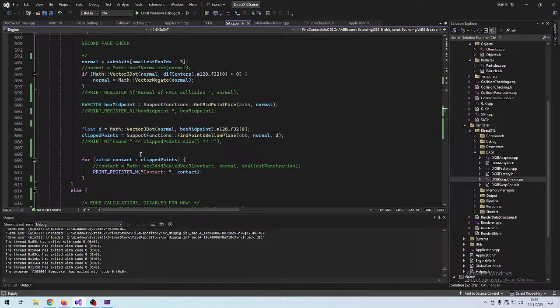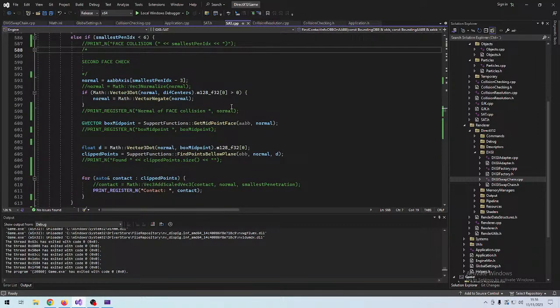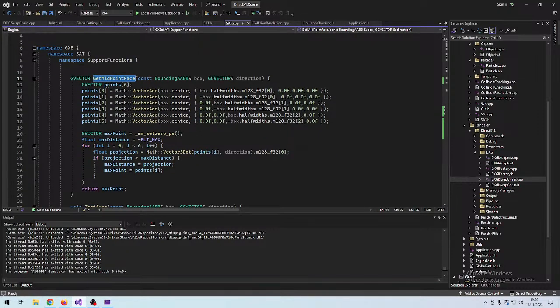Or, depending on how deep the penetration could end up being, you would end up with 3 contact points. Anyway, I decided that once I have the face calculated that we collide with, I want to, from the normal itself, calculate what is the actual midpoint of that plane in world space. And for that, I use